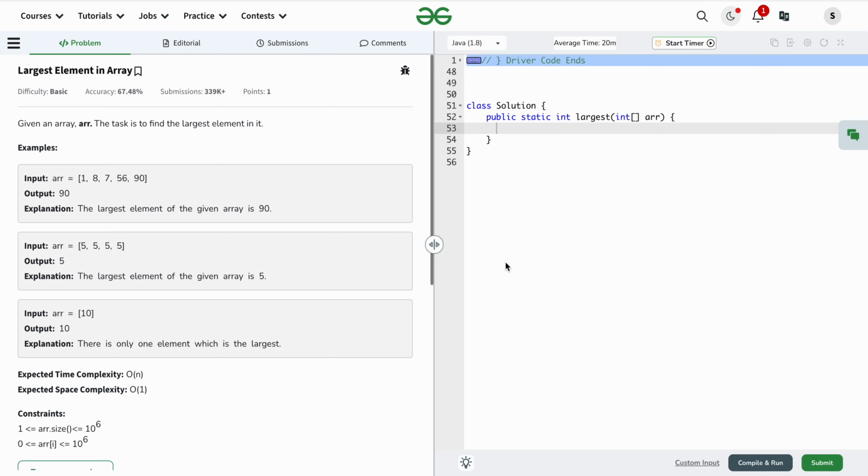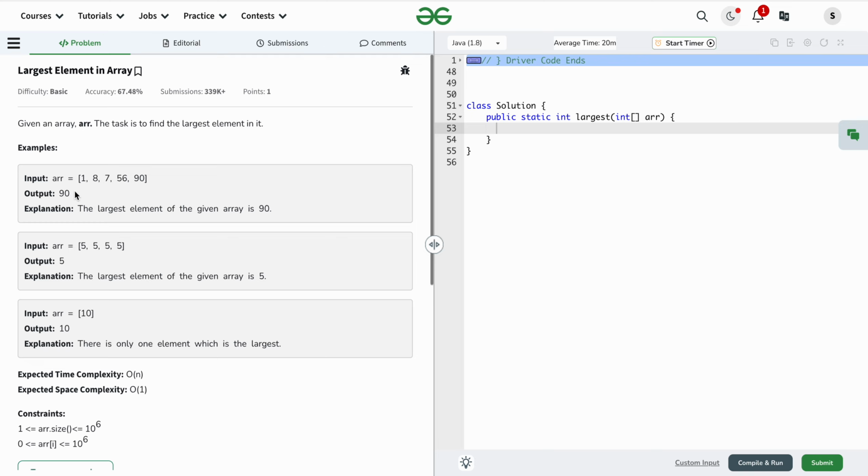And in today's video, we are going to study about largest element in array. Okay, so you might think this is a very simple question, why we are picking this up, but there is one important point I want to highlight that I learned while solving this question. So first of all, let's see what